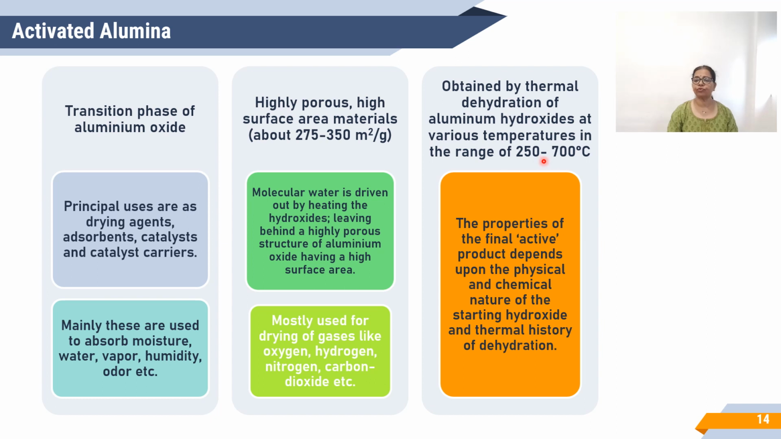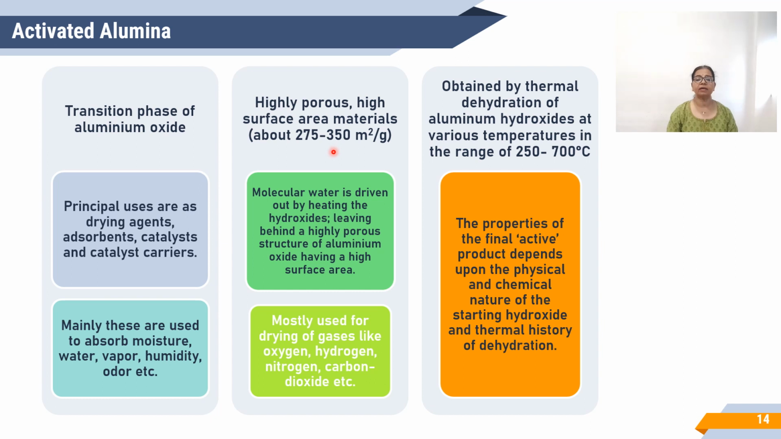The temperature ranges from 250 to 700 degrees centigrade, as I said, and it has a highly porous structure because the molecular water is driven out by heating the hydroxides, leaving behind a highly porous structure. It also has a very high surface area of about 275 to 350 meter square per gram. Now this is easy. This surface area can be achieved by heating the aluminium trihydroxide to about 400 to 450 degrees centigrade to get 300 meter square per gram, but it is difficult to go above 300 meter square per gram because